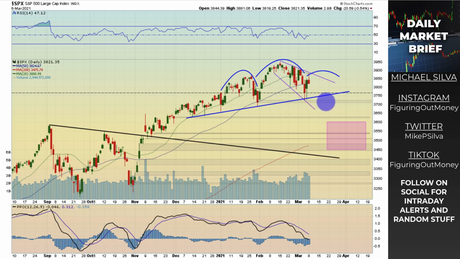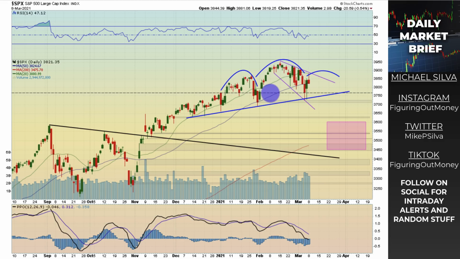Now, first off, let me just say that the price action has been quite wild, like I already pointed out in the seasonality perspective, but the trend itself isn't really quite breaking down by any means. So it's nothing to really get too worried about. What I want to call out is some possibilities here.